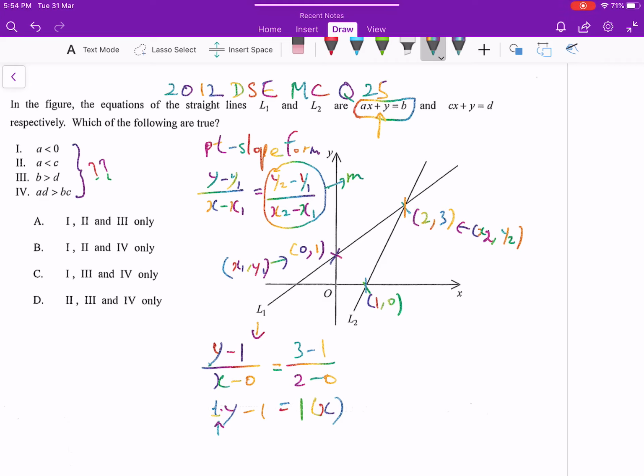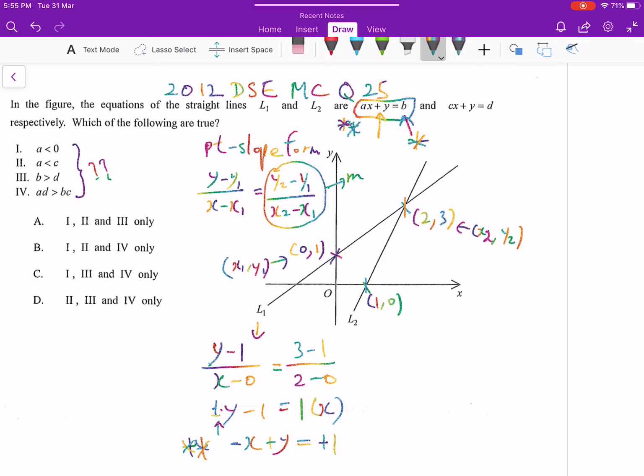Okay, so throw the x to the left hand side. So we have negative x plus y. The number must be on the right hand side. Can you see here? The number is on the right hand side. So we have to put the number on the right hand side, becoming +1. Now what we have now, we can just compare this one,